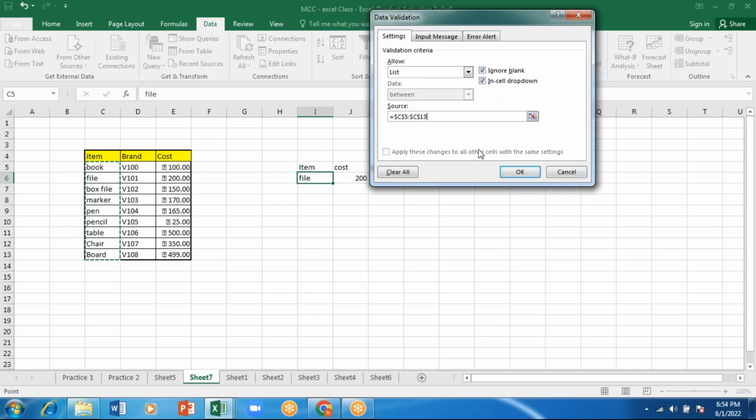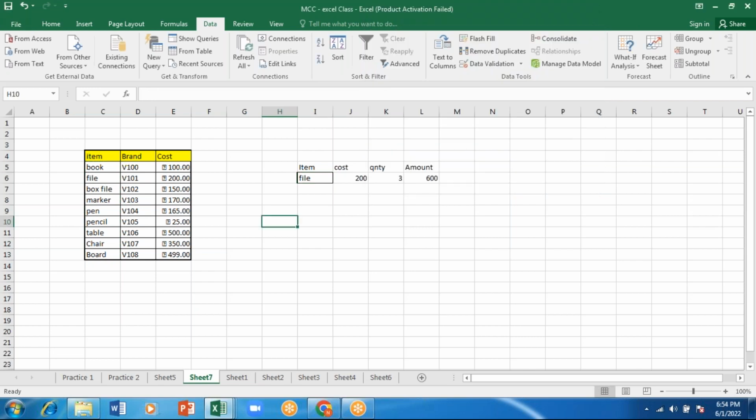See, when you are selecting, it is coming with the dollar symbol. When it is coming with the dollar symbol, it is called an absolute reference, which means this list of stock items is being fixed, locked. Because of that, you'll be getting a dollar symbol. I'll click on OK. Now see, here you are getting this drop down list. If you want another stock item, you can select it. It keeps on changing when you select it. Suppose I want to increase the quantity to 5, I can change. If I'm selling 10, I can increase. This way you can keep on changing. Suppose if I'm changing the amount here also,